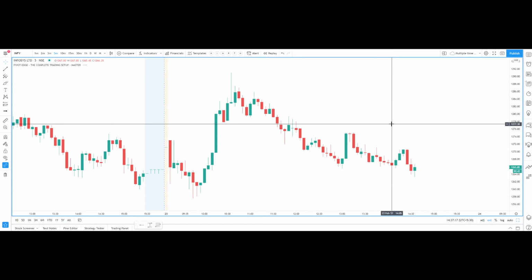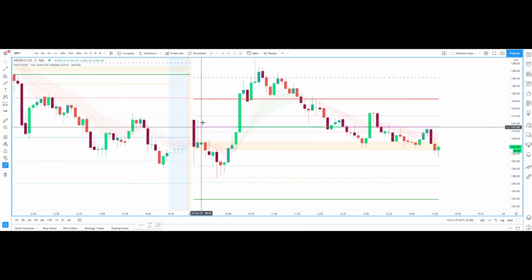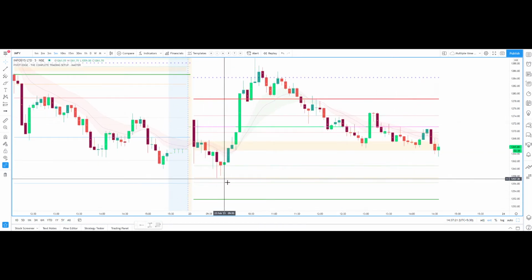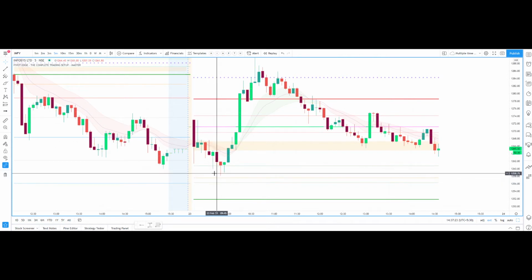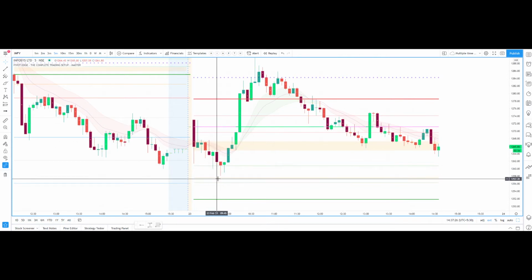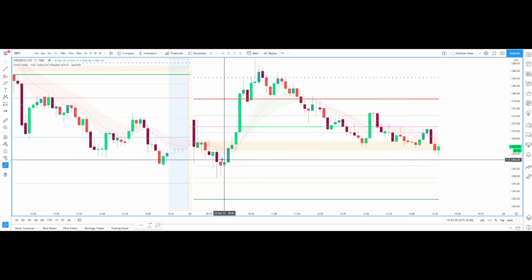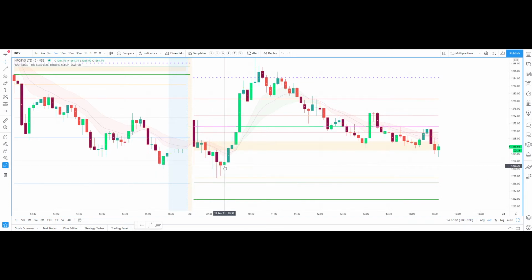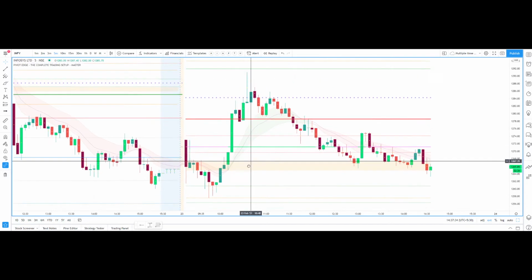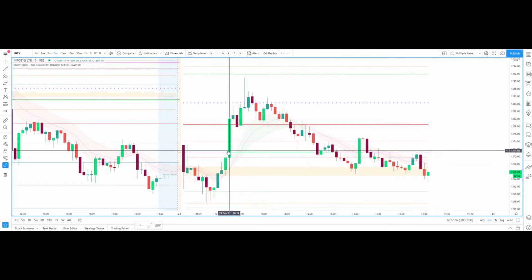Next let us see Infosys. Infosys gap up opening, which came down and took support from this value area low. So from the value area low, if it has taken support, here we got one buy indicator. After this candle closing, if you take a trade, you can achieve many targets.